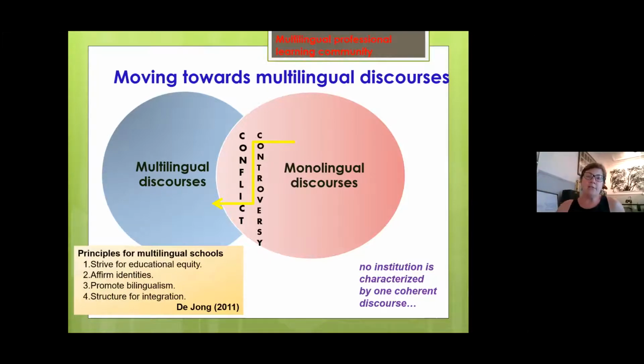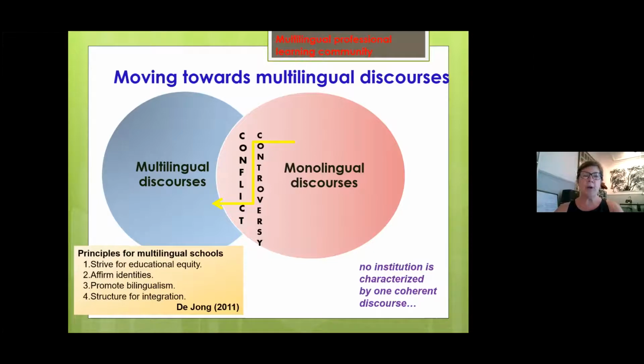What Esther DeYoung, in the same book that I mentioned before, talks about, based on a review of international and national programs that work with multilingual learners around the world, are 4 principles for multilingual schools. Number 1, the most important, striving for equity. Number 2, affirming identities: linguistic, cultural, racial, socioeconomic, gender, whoever you have in front of you there. Number 3, promote